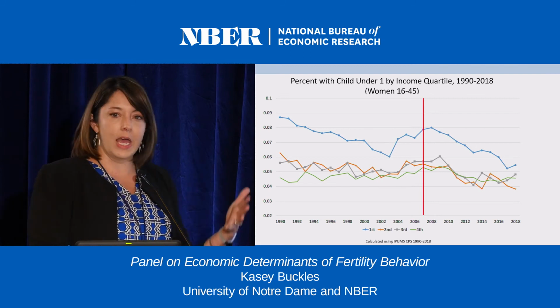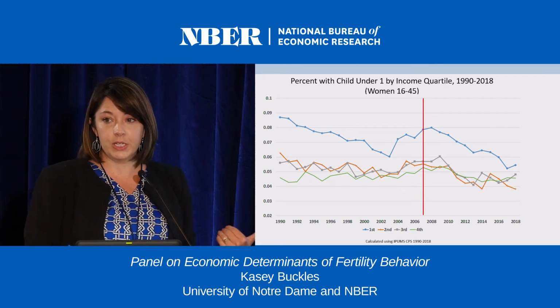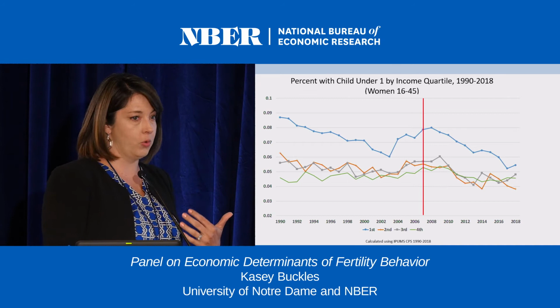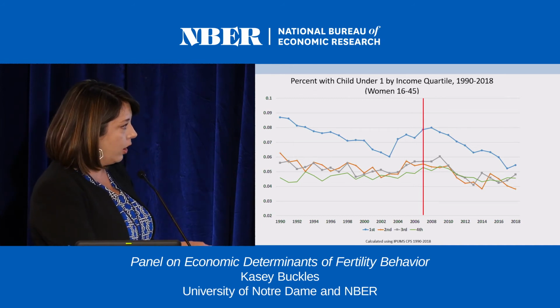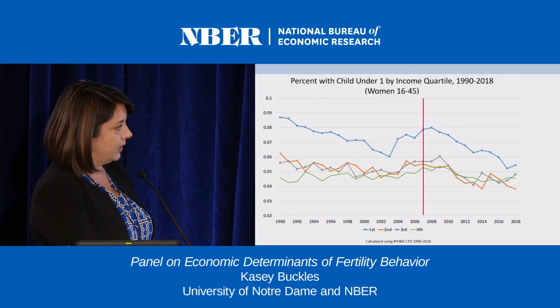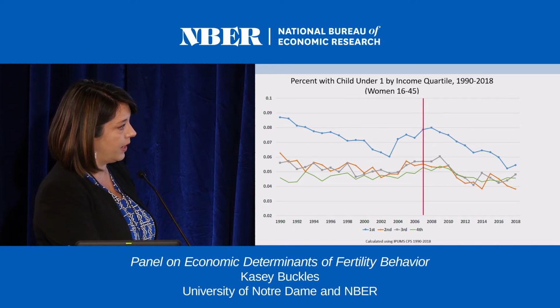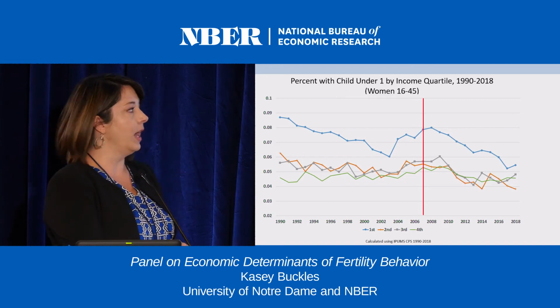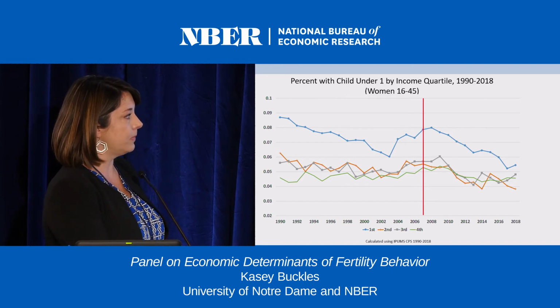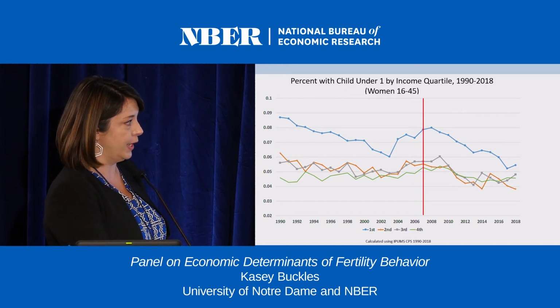If I use these exact same data to talk about what's happening for fertility for these cohorts by income, fertility for these income quartiles, right? All of the groups saw a decline in fertility post-Great Recession, but for the top three, at least the top two, maybe the top three quartiles, we're seeing that it's flattened out or maybe started to tick up a bit. But for the bottom quartile, we're continuing to see a decline in their fertility,